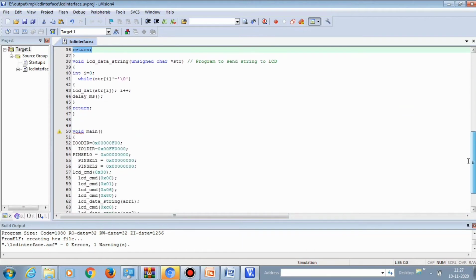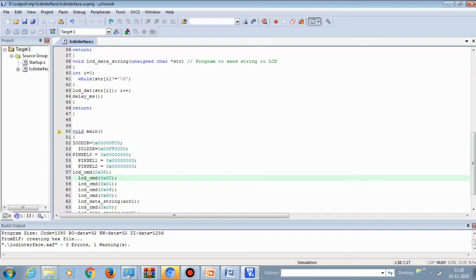In the main program, IODIR initialization for the port 0 pins of reset, RS and enable is given. IO select 0, IO select 1 and IO select 2 are given because we are choosing port 0 as well as port 1.